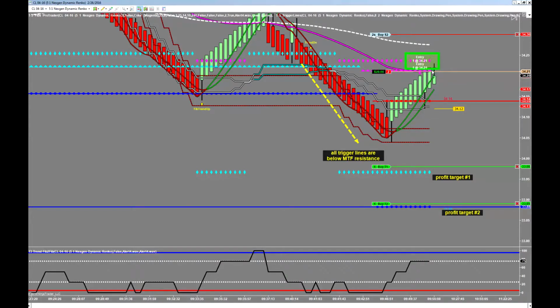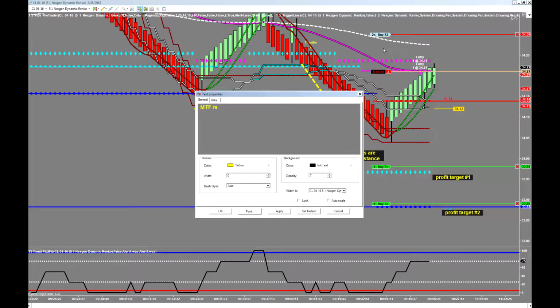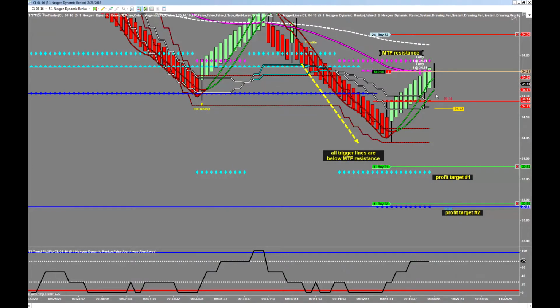There's 22, I think, or 23, whatever that was. All right, so what we want to see now is we want to see them go down. You can see we're kind of knee deep in that multiple time frame resistance, with my synthetic triggers below all the resistances, which gives us the anticipation that resistance is going to hold for us. So now we need the market to trade down to 34.12